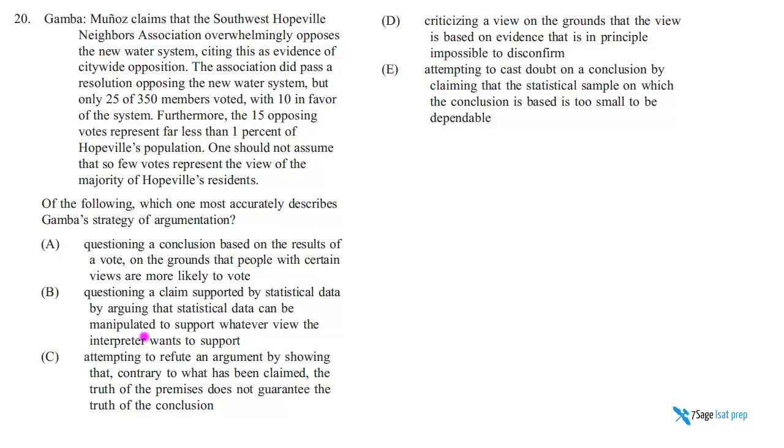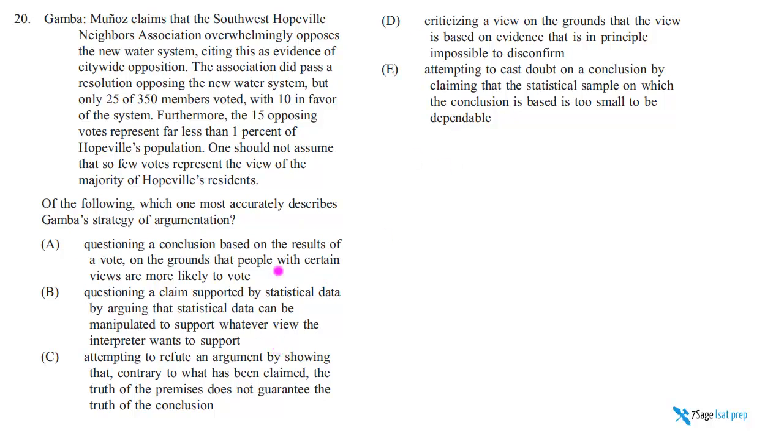Is it questioning a claim? Is it attempting to refute something, right? So this style of question we've seen before on flawed method of reasoning questions. Now, nothing here tells us that this is a flaw. But for flawed method of reasoning questions, we also realize this is a level at which we're engaging the argument from above, from a descriptive view, right? That's what we're doing. So just like flawed method of reasoning questions, this type of question,